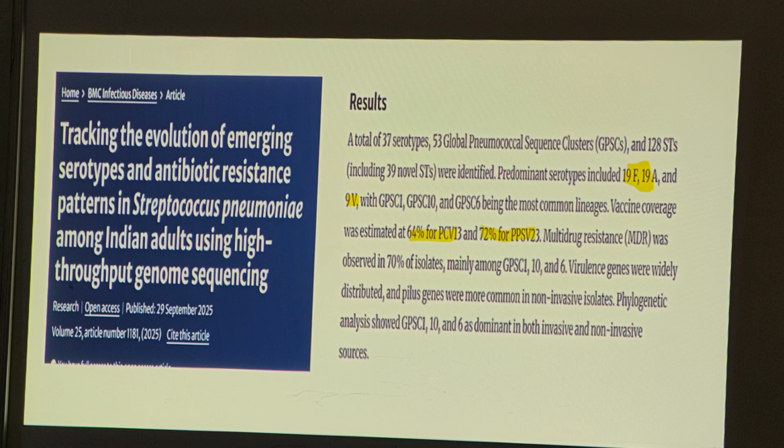So even though we are giving vaccines like PCV 10, PCV 15, PCV 20, PPSV 23, there is some emergence of newer strains causing invasive and non-invasive infection. So this study is from India. The study was mainly done in Bangalore. They have taken 254 isolates from non-invasive and 256 from invasive infections like meningitis, blood and all.